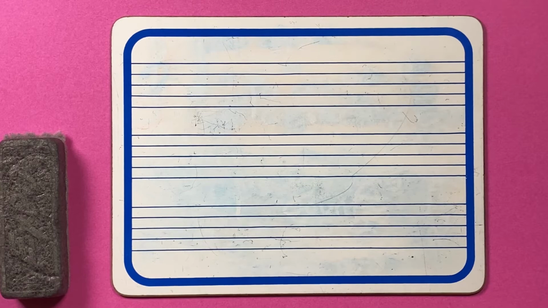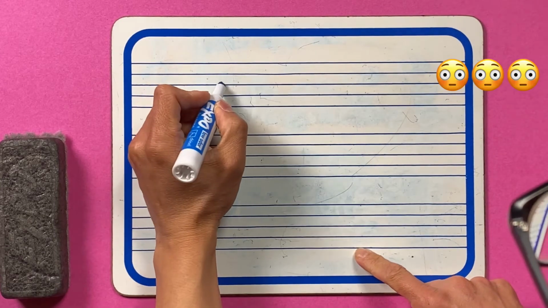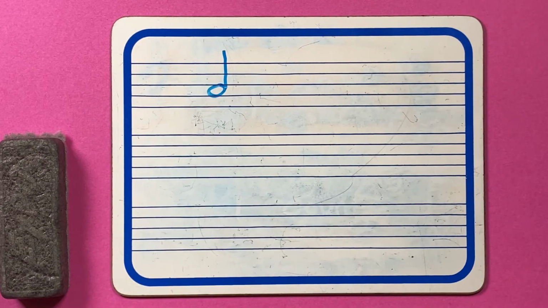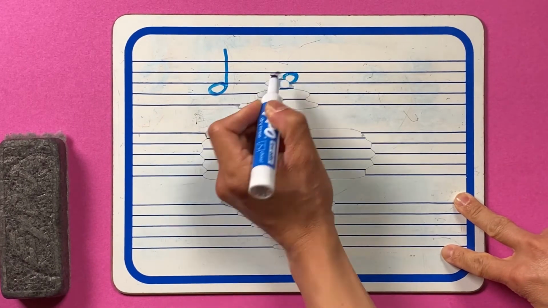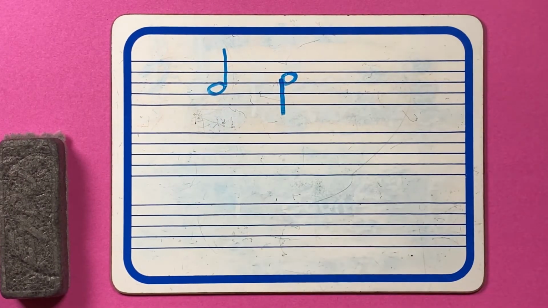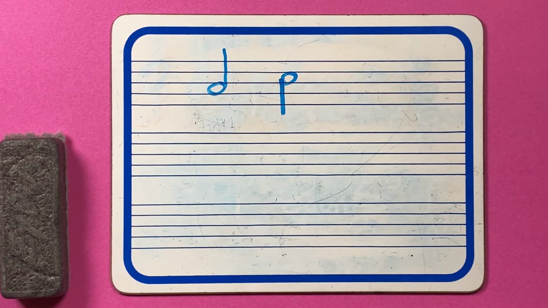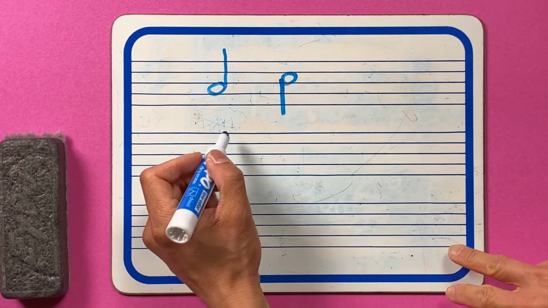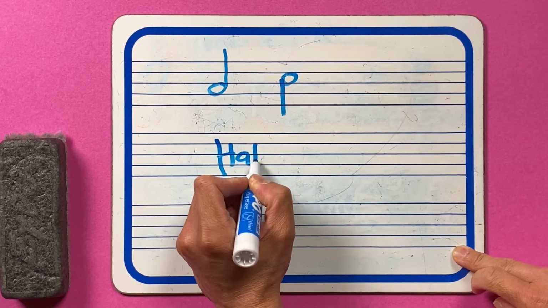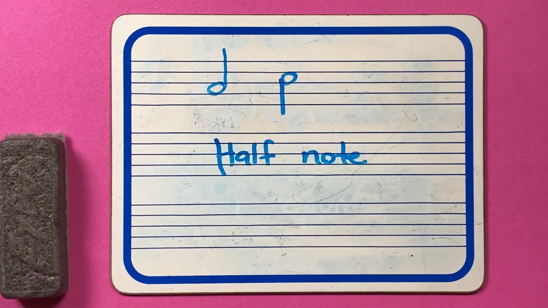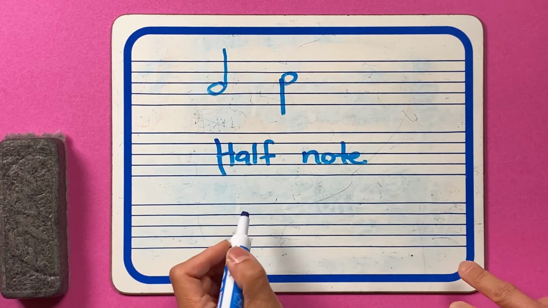Next up is a half note. A half note almost looks like a quarter note. It's just not filled in. So it's a note with a tail. A half note can also have a tail going down. And how do we remember half note? You cut something in half, and how many counts is a half note? We'll come back to that. Let's first learn how to spell half note. Half note. Cut something in half. How many counts is a half note? 2